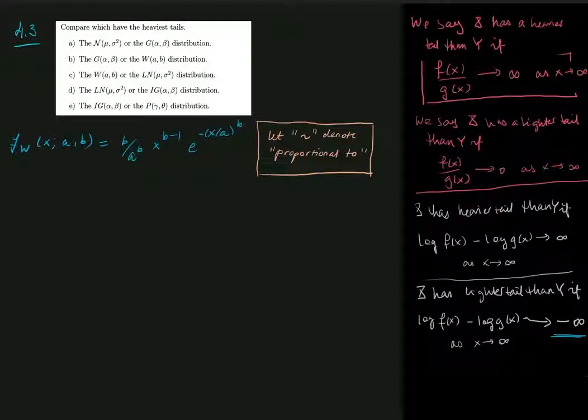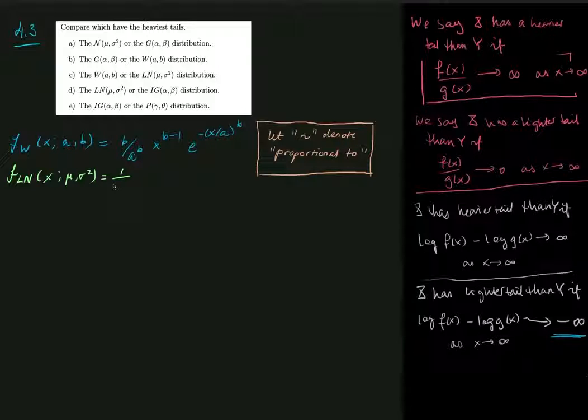So hello, and welcome to problem 43C, where we will be comparing the tail of the Weibull distribution against the tail of the log-normal distribution. And I can see I just forgot to write down the log-normal density here, so let me just write that down. So the density of the log-normal distribution with parameters mu and sigma squared evaluated in x is equal to